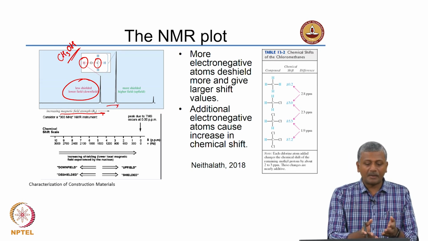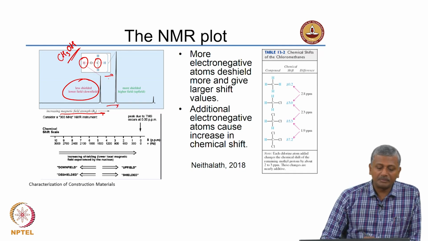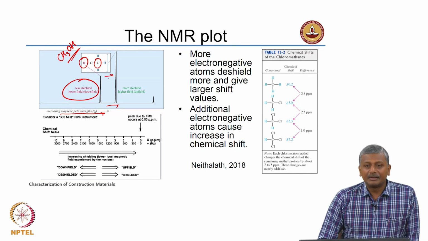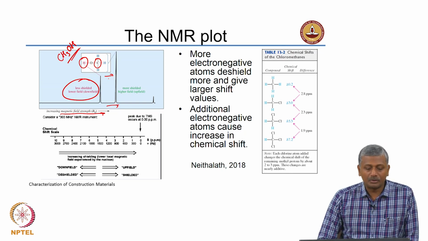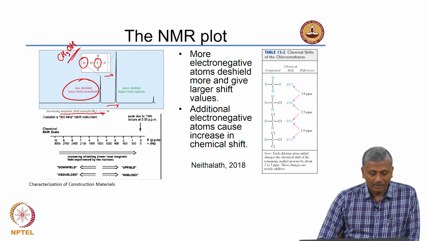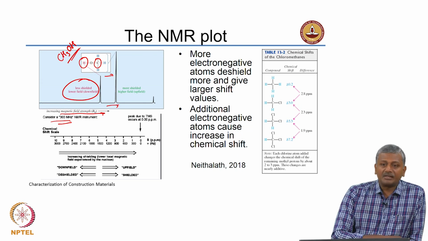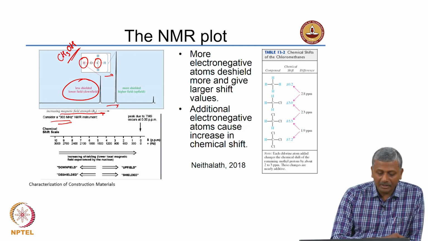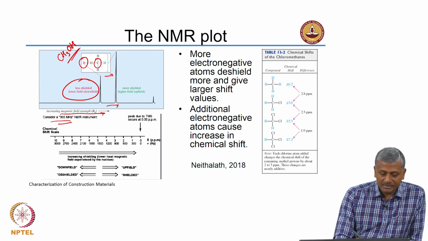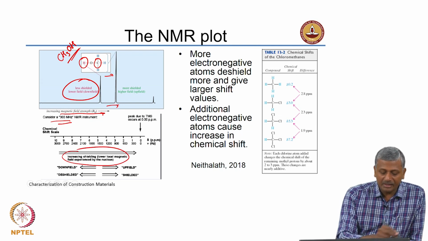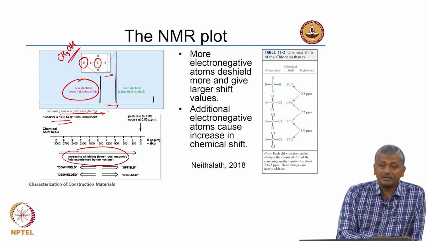So what happens is the peak shows an upfield shift, a higher strength of the magnetic field, to show the same location of the atom. So if you consider a specific frequency in the NMR instrument, like 300 megahertz, what we are trying to see is how the increased shielding gets represented in the typical NMR spectrum.